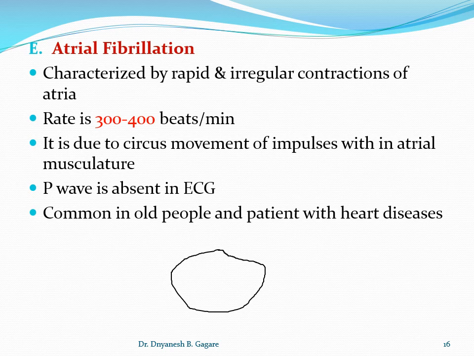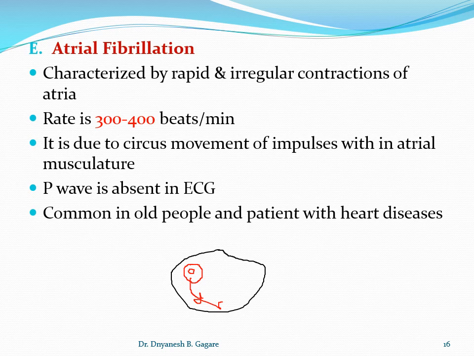Okay, so in this diagram, this part starts generating the impulse. This part becomes irritated, whatever the cause, maybe congenital heart disease or coronary heart disease. And this red part of the atria starts generating impulses. And this impulse then circulates like this. Okay, but the rate is very high, it goes like this.